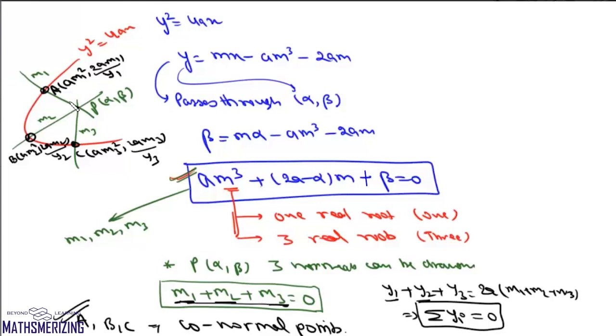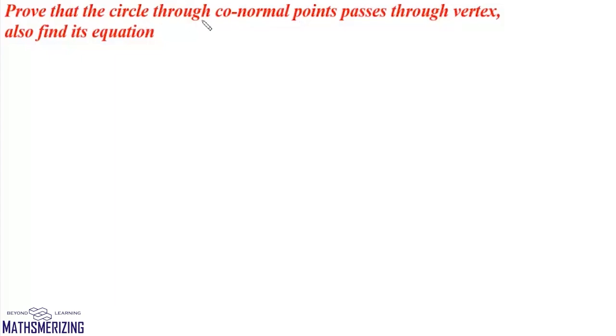So co-normal points are those points on the parabola at which normals drawn will be concurrent at a point. We draw a normal at A, B and C, all the three normals will intersect at this point P. So these 3 points A, B and C are co-normal points. Now here we need to prove that the circle through co-normal points passes through the vertex of the parabola, and we need to find its equation also. So suppose there is a point P